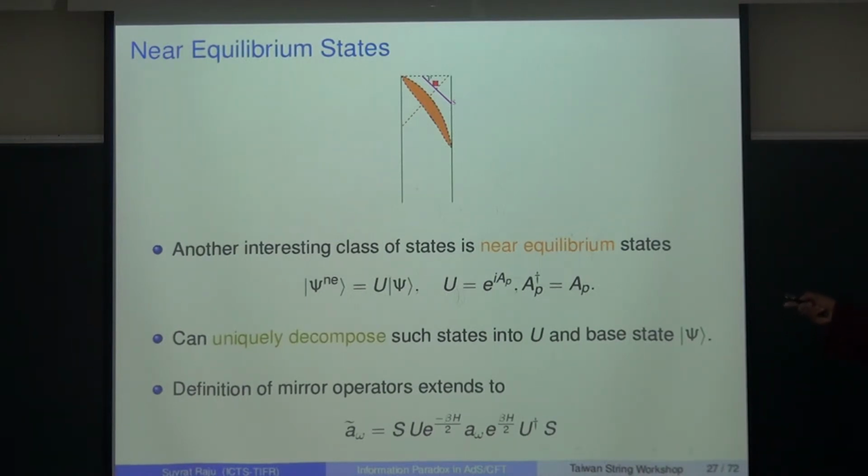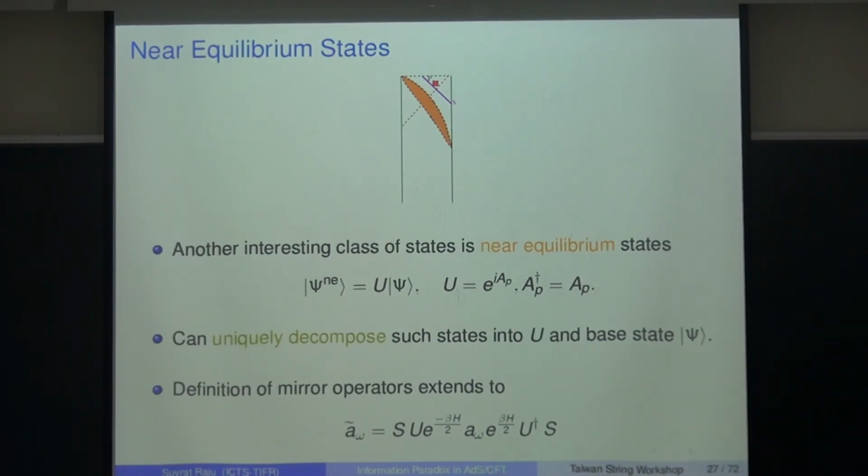So even though the black hole formed a long time back, there's an additional excitation you made by acting with this U operator, which does affect the observer in this square patch. Okay, so this is a definition of a near equilibrium state, which is basically the state psi, but after you've acted it with a unitary, which is just an exponential of one of the simple elements of the algebra I